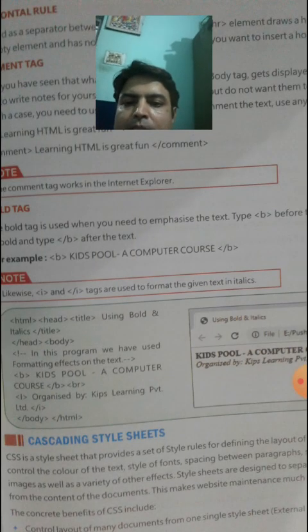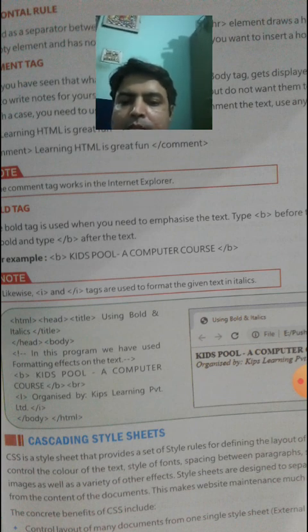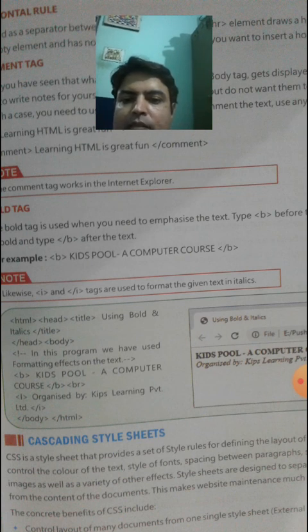In the given program, look inside the body tag, there is a comment also, and after the comment the bold tag has been applied on the text Kids Pool a computer course. The bold tag is a container element, and we can see its output.